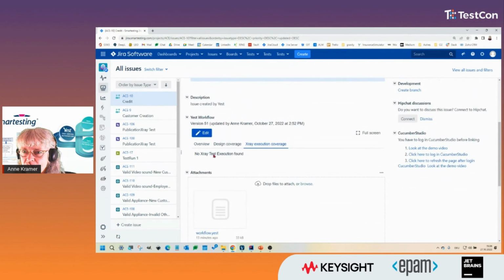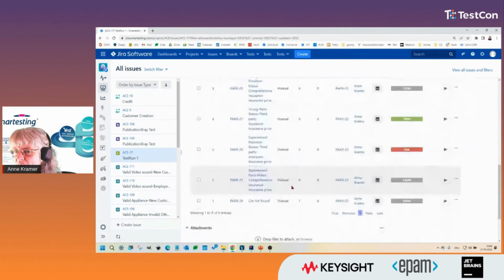No X-ray test execution found. This is interesting. I mean, I executed the test case. That's really always when I do a live demo. Okay, I executed the wrong test cases. I attached the wrong test cases. In fact, I chose the wrong